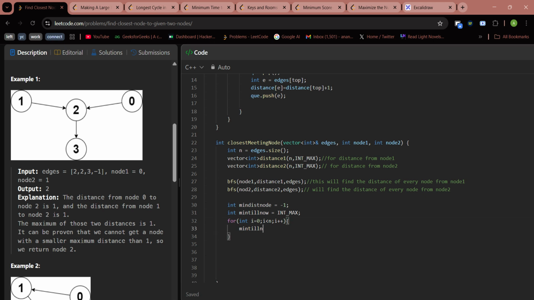Min till now is equal to... I think first we should store a maximum. Int maxi would be max of distance 1, sorry, distance was a vector, distance in the second vector for that particular node, and then min till now would be minimum of